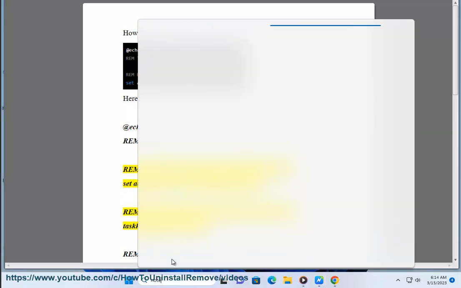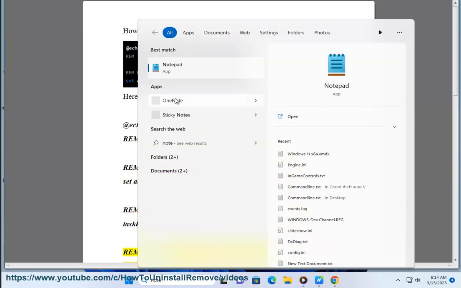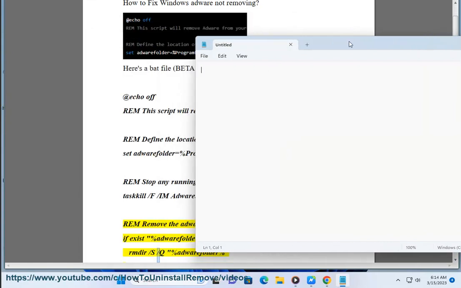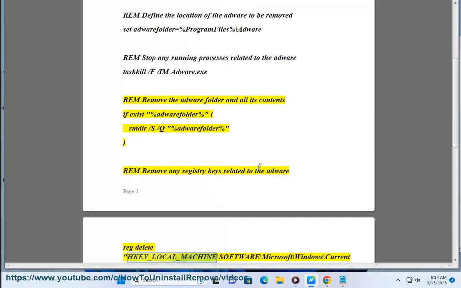set adware_folder=%ProgramFiles%\adware. REM Stop any running processes related to the adware: taskkill /f /im adware.exe. REM Remove the adware folder and all its contents: if exist %adware_folder% rmdir /s /q %adware_folder%. REM Remove any registry keys related to the adware: reg delete HKEY_LOCAL